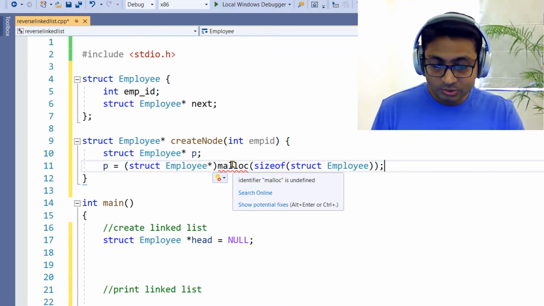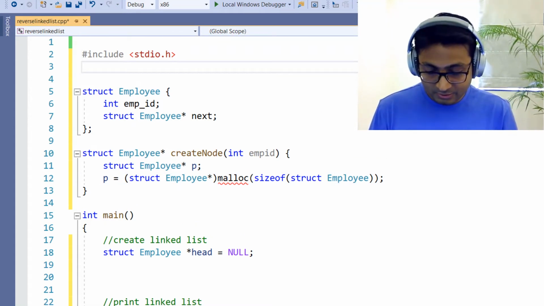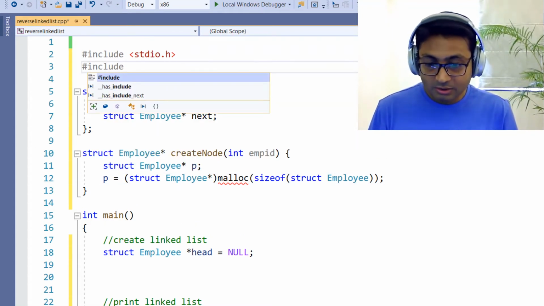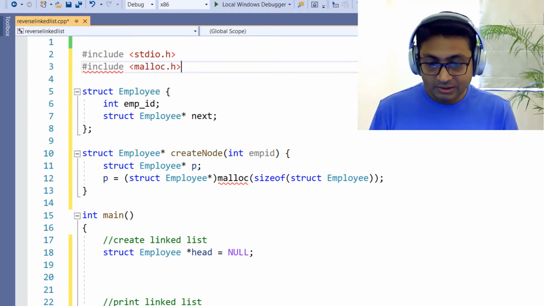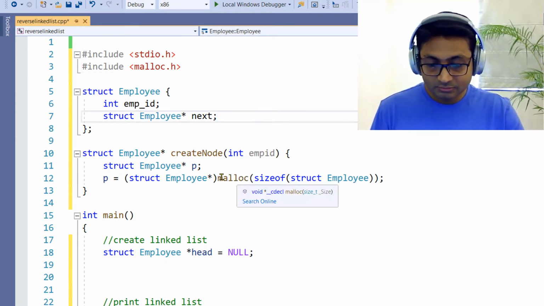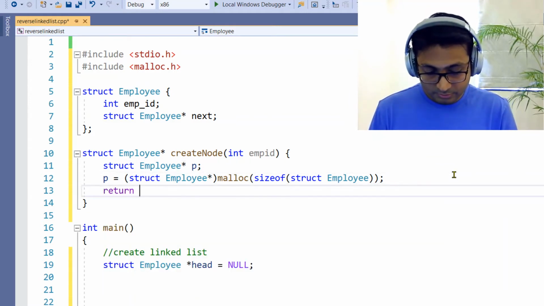Now here I need to include the library that has the malloc function declaration. So the library name is malloc.h. All right, no error now, and I'm going to simply return p.